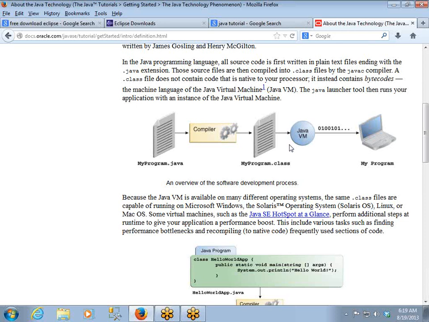When you download the Java software, it by default contains a virtual machine for that particular platform. From a programmer's point of view, our executable file is the .class file. If you give this .class file to a virtual machine, it takes care of converting it into underlying platform instructions.